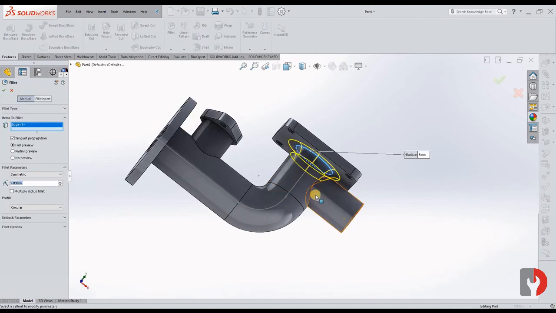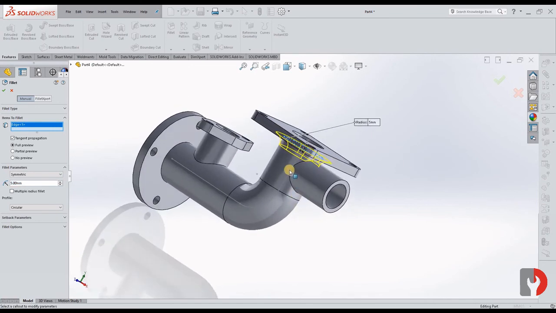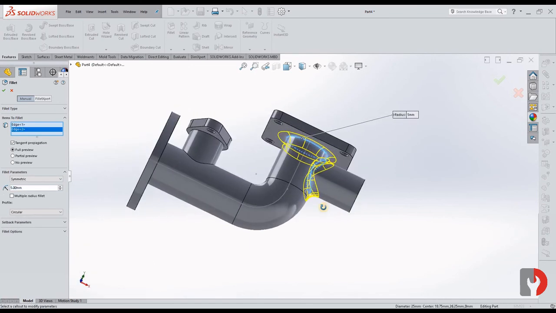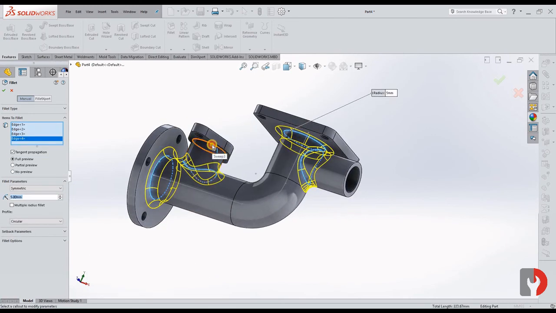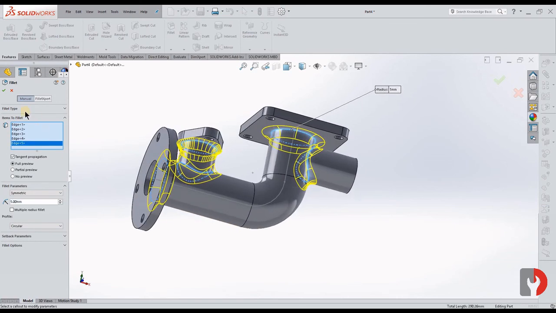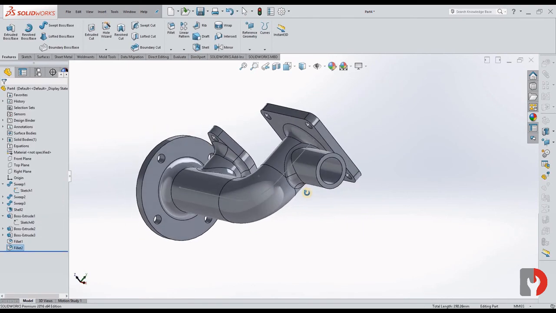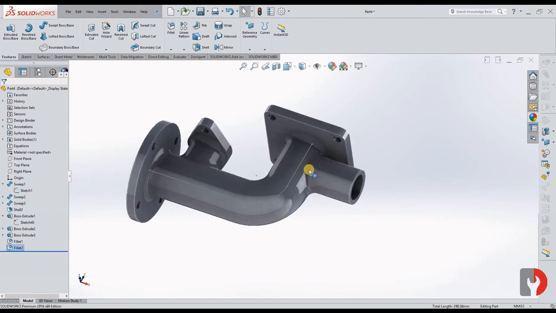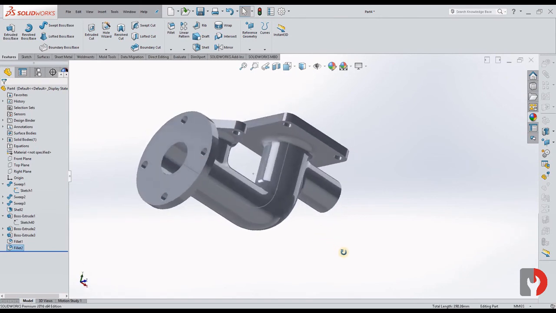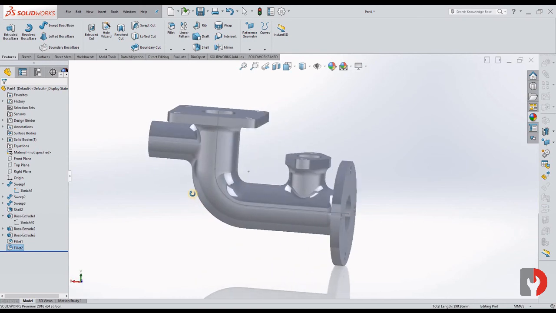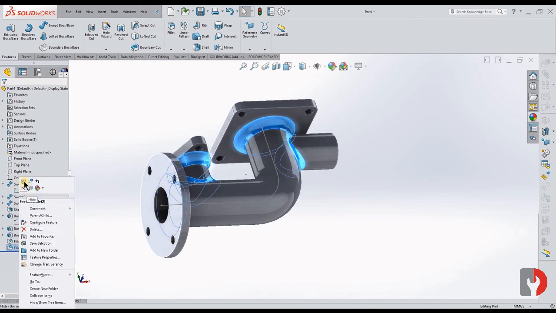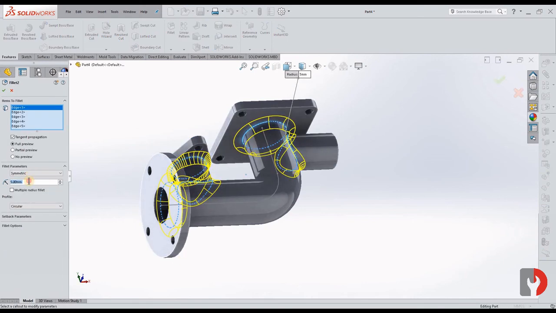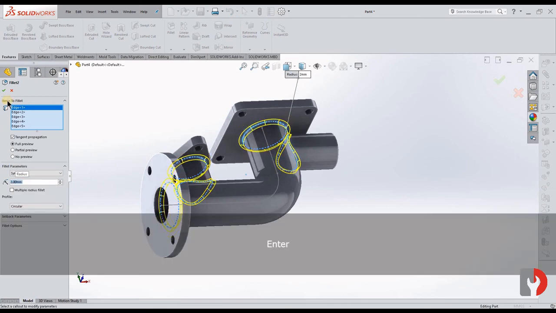We'll fillet this too. Fillet we will give less value. Let us give 2. Okay.